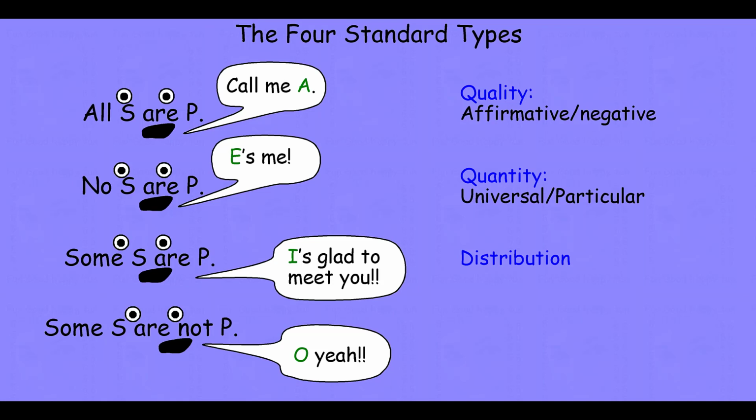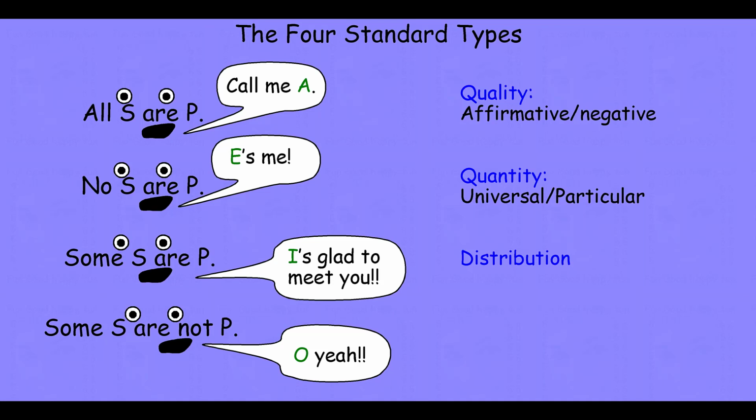The last property that we want to highlight is distribution. Distribution refers to whether or not every member of a subject or a predicate class is included in the relationship specified by that standard form categorical statement. And the rule is universals distribute subjects, negatives distribute predicates. So our universal affirmative will have a distributed subject because it's universal and an undistributed predicate because it is affirmative. So all dogs are mammals. That says something about every dog. It does not say something about every mammal.